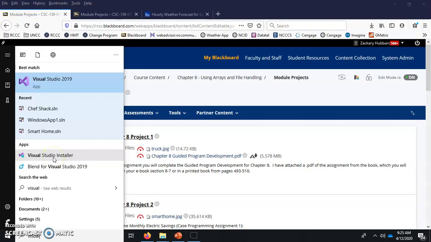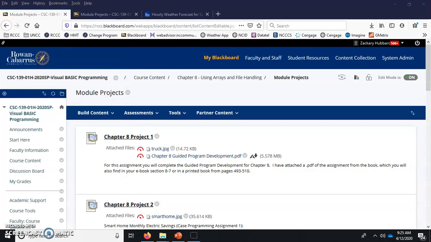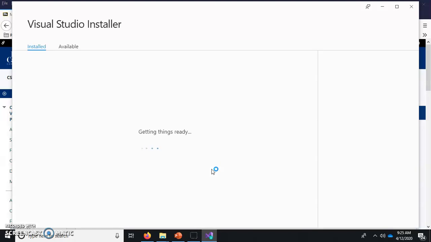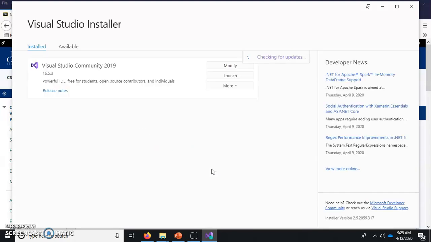You may be in a slightly different place on your search results, but you all should have a Visual Studio Installer app listed as well. When you click that, you're going to have to give it permission to make changes to your device, and it will load up the Visual Studio Installer window that you probably remember from the first time you installed Visual Studio. So for me, I run my updates regularly on Visual Studio. So like you saw this little flag right here that came up and said up to date or no updates available. If you haven't ran updates lately, you may have to do that first before you can modify your installation